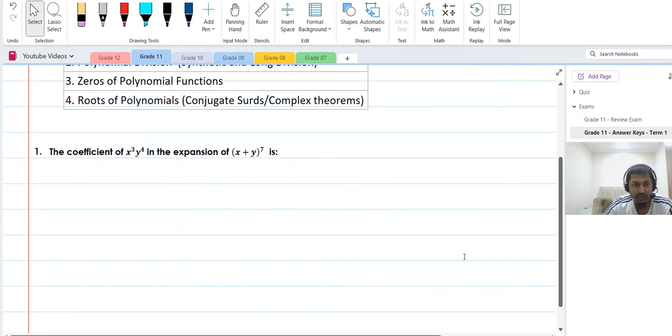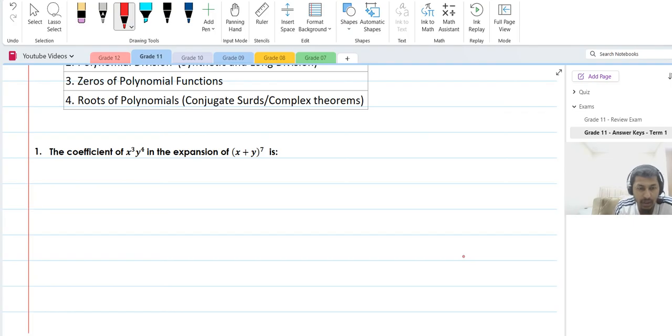the coefficient of x cubed y to the power 4 in the expansion of x plus y to the power 7. So how do we go about solving x plus y to the power 7? But we want a coefficient. Coefficient basically means a number next to x cubed and y to the power 4. So in order to solve this problem, we use the Pascal's triangle, where we expand with a 1, starting with